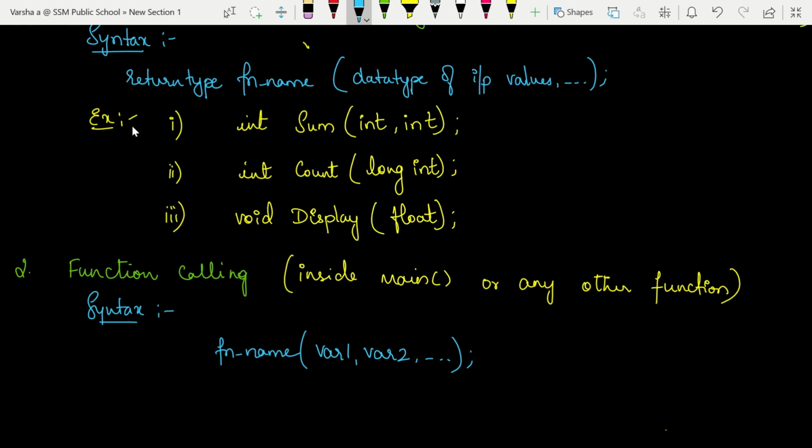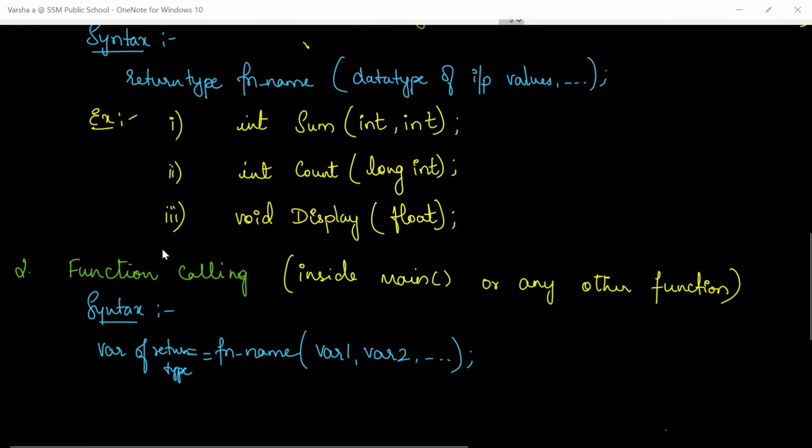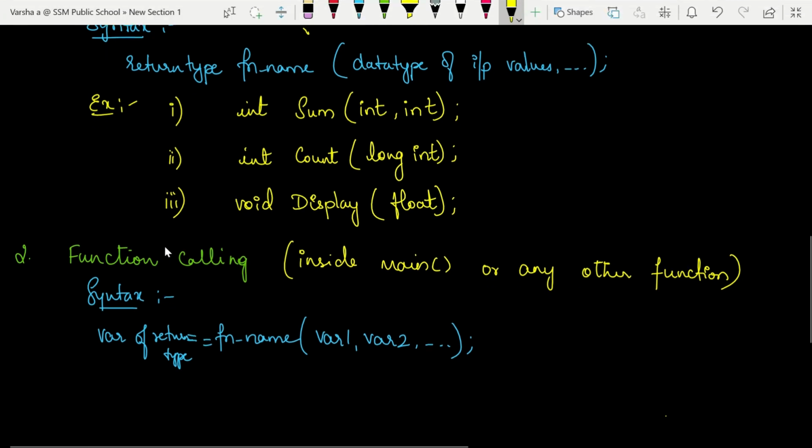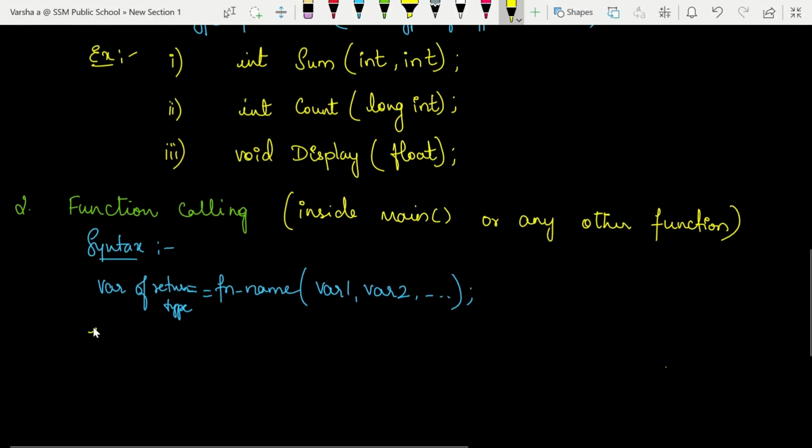The function returns a value, and to store that value we need a variable of that return type. A variable of the return type is required in order to store the value that is returned by a function. Let us see examples for the same three function prototypes.